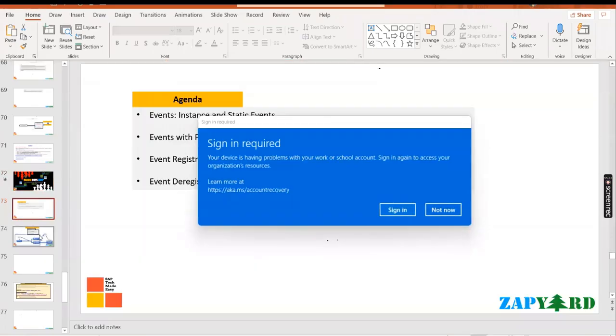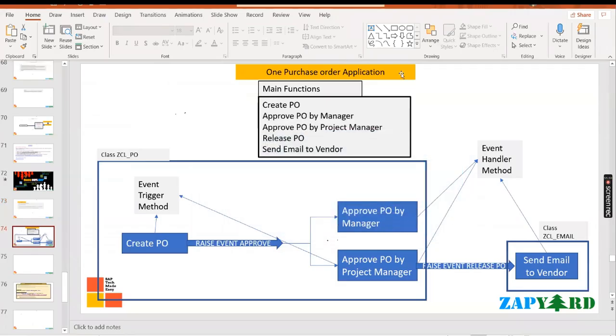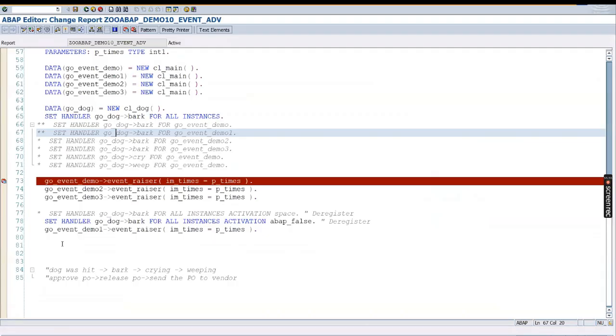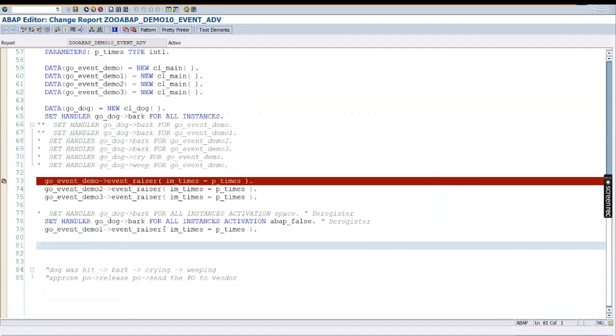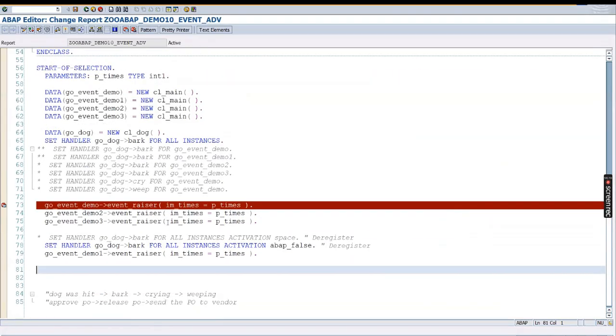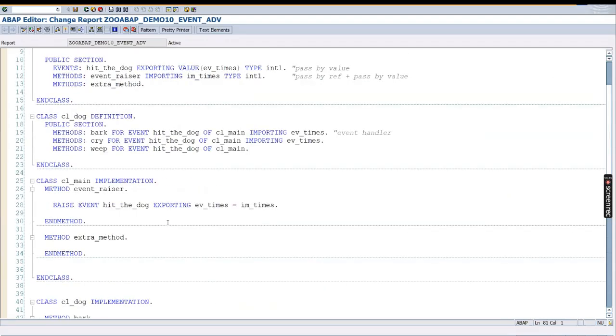Yeah. Hello. Can you go to the code, please, in the system? What I saw here, you have parameters, right? Importing EV_TIMES in the first two methods, bark and cry. Can you tell me the line number? Line 19, 20, and 21. 19 and 20 have importing parameters, right? Okay. So when you call the events in the report,